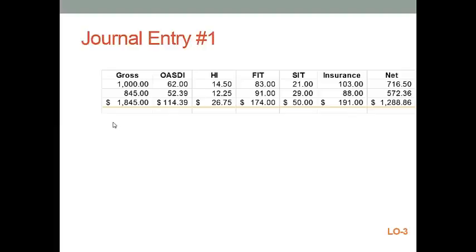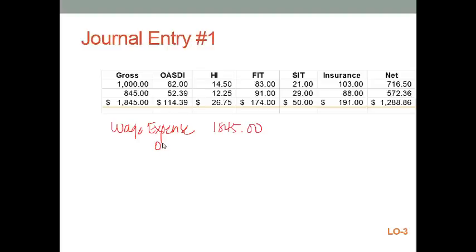So let's see what our journal entry would be. We're going to start out with wage expense. And the nice thing about payroll registers like this is they've already done the math for you. My gross pay is $18.45, so that's what I'm going to debit my wage expense for. And then I've got a bunch of credits for all of these deductions that are coming out of my gross